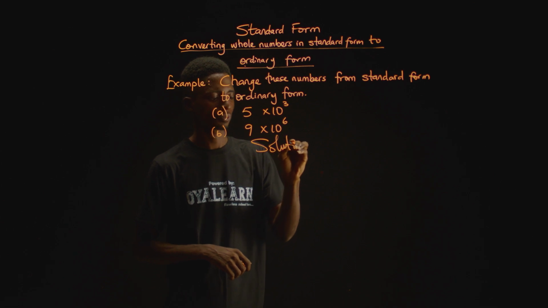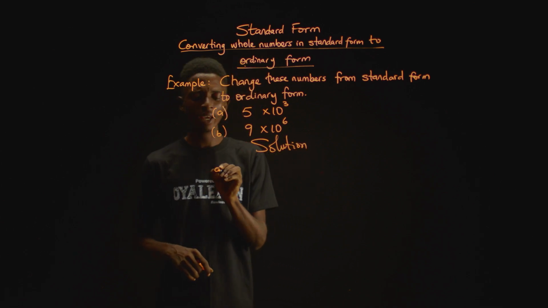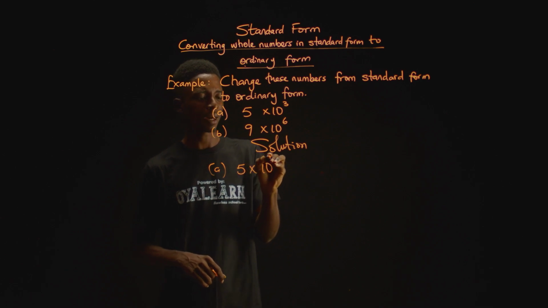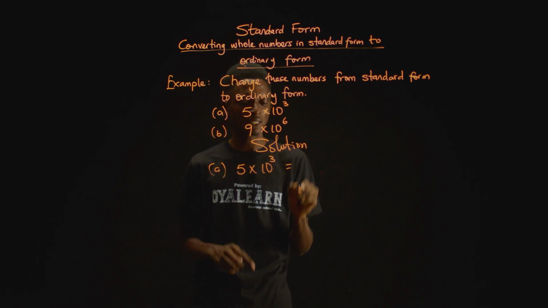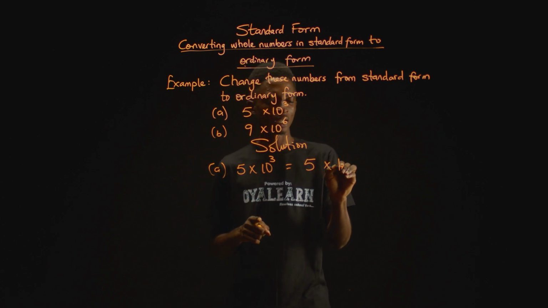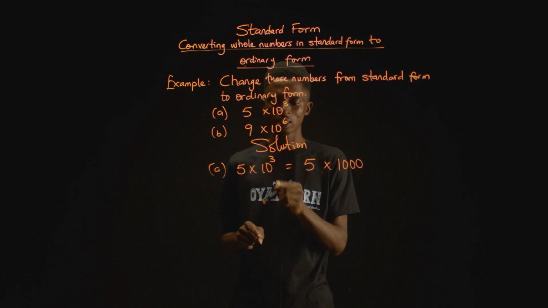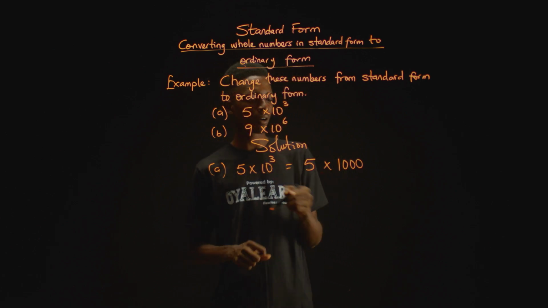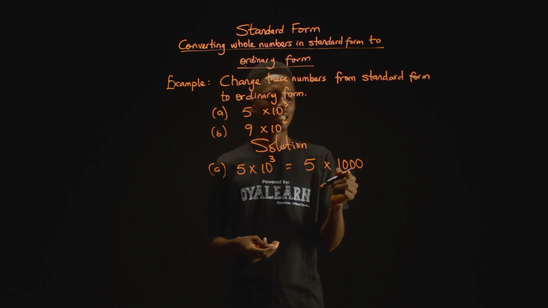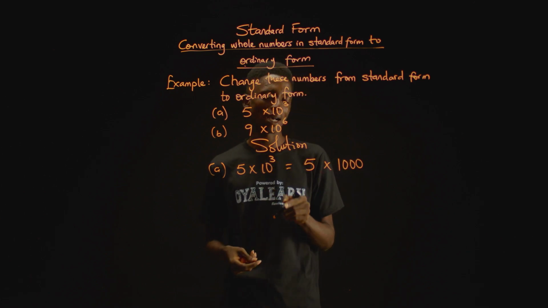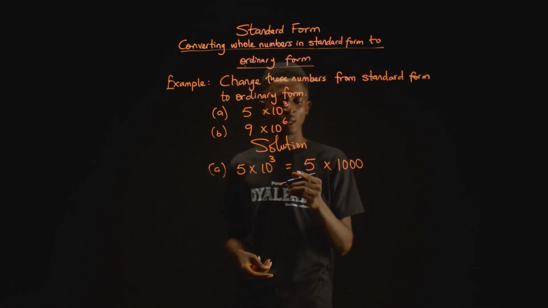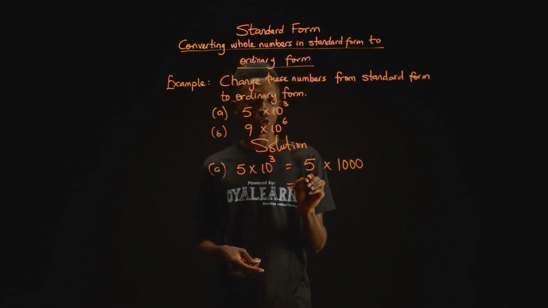Solution. For A, we have 5 times 10 with the power of 3. This means we have 5 multiplied by 1,000. Remember, 10 with the power of 3 is 1,000. Or easily, just put 1 and then the number of zeros that follow being the power. So since we have power of 3, that means we have 3 zeros. Now, when you multiply this, what you get is